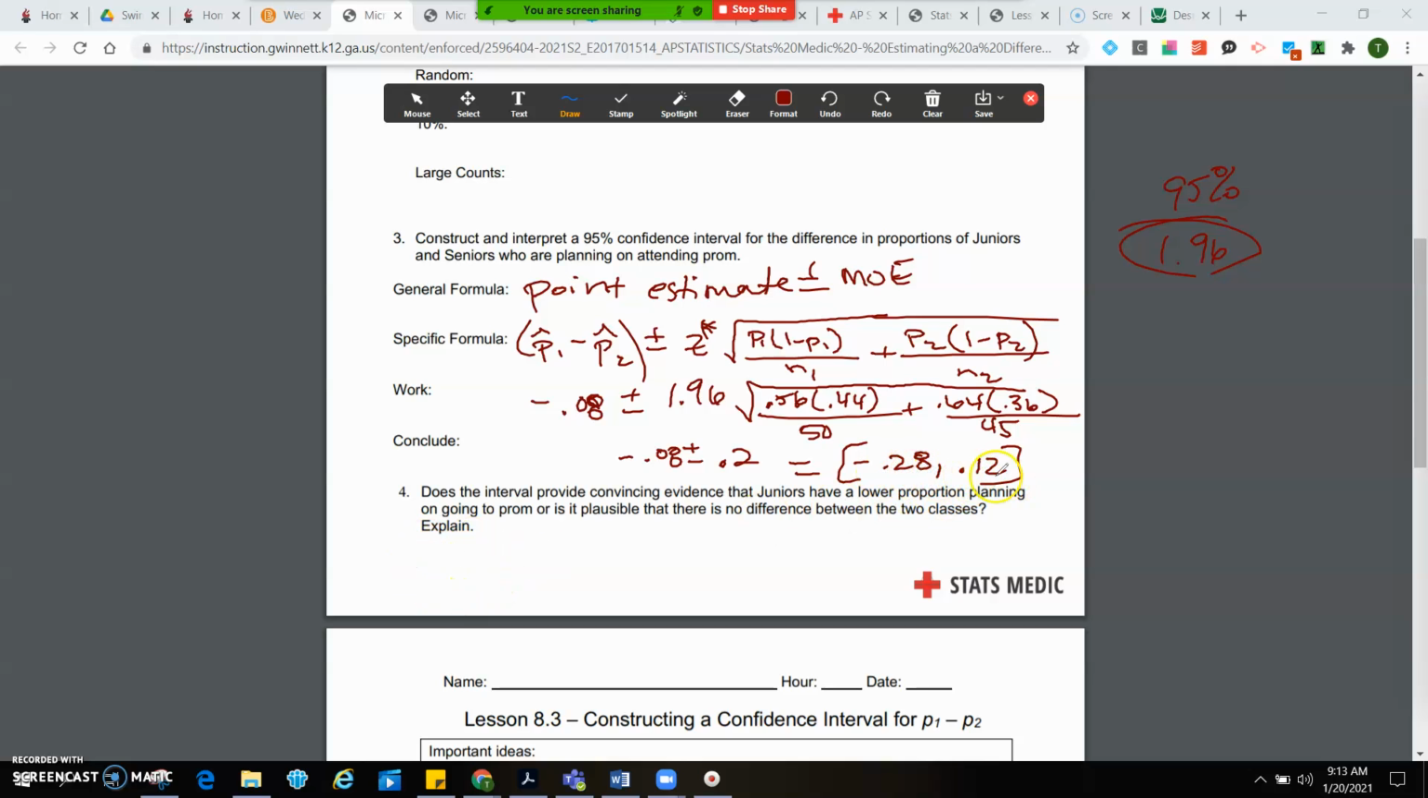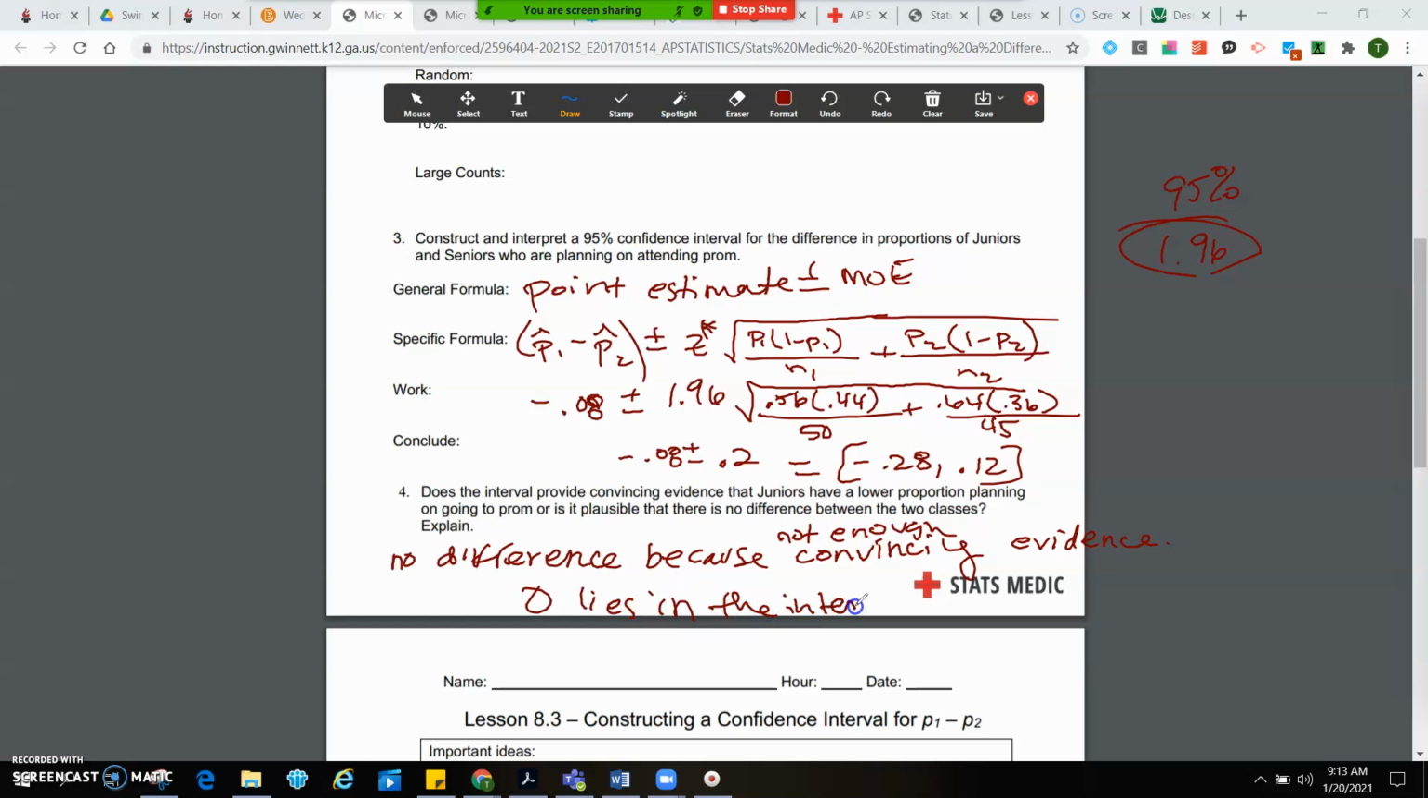Since 0 lies in this interval, there's actually going to be no difference, because there's not enough convincing evidence for it. Okay. 0 lies in the interval. Okay. And so kind of just like a rule of thumb on that is if you have